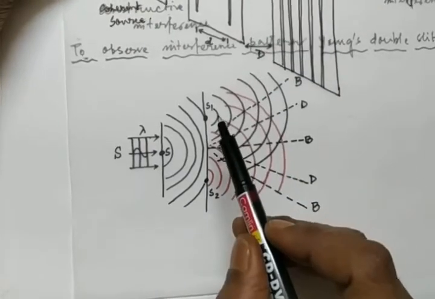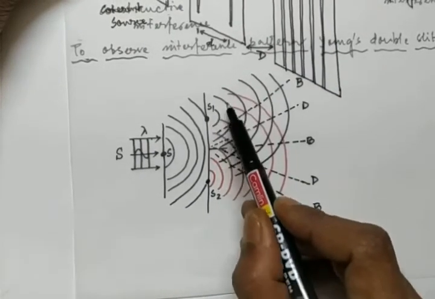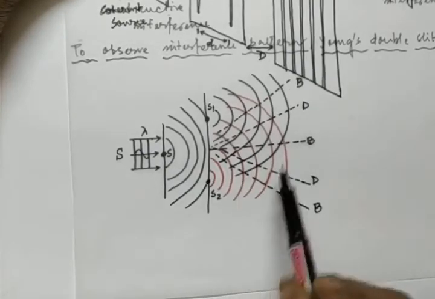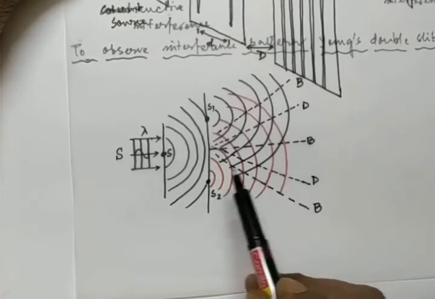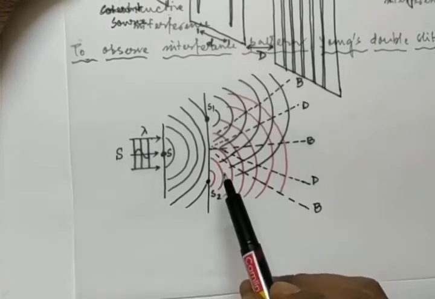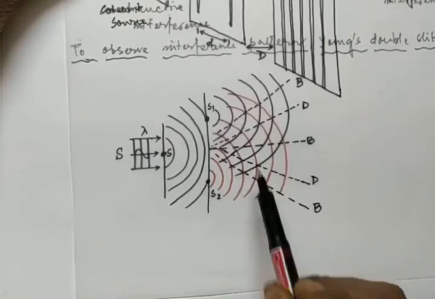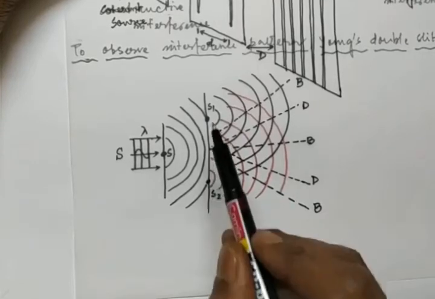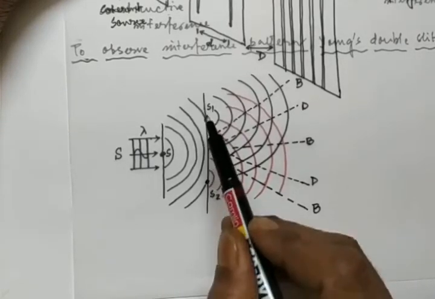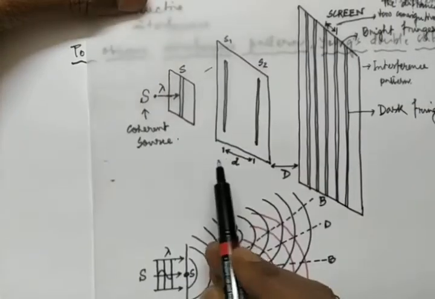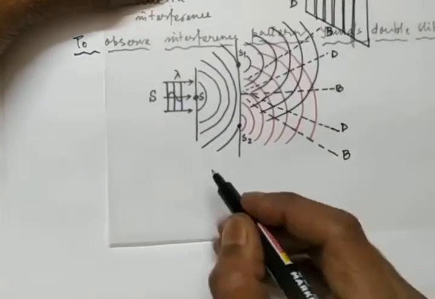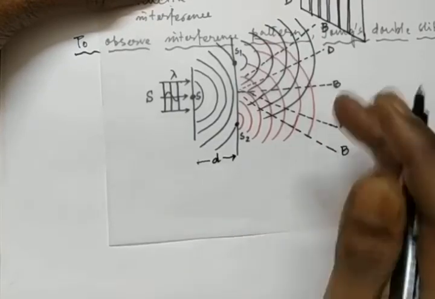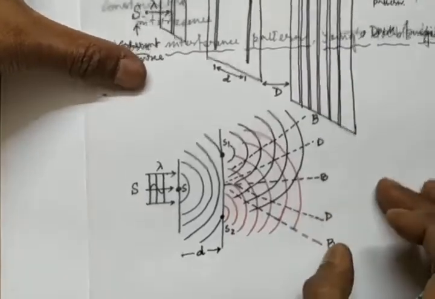So from these two slits, again see these cylindrical waves, spherical waves start forming, and I have done this with the help of red color. So see, I made it red. So this is another spherical wave front starting from S2. So the distance between S1 and S2 is how much? d. So this is small d. So remember this is small d. We only have to relate these two, everything else is very easy, nothing much.